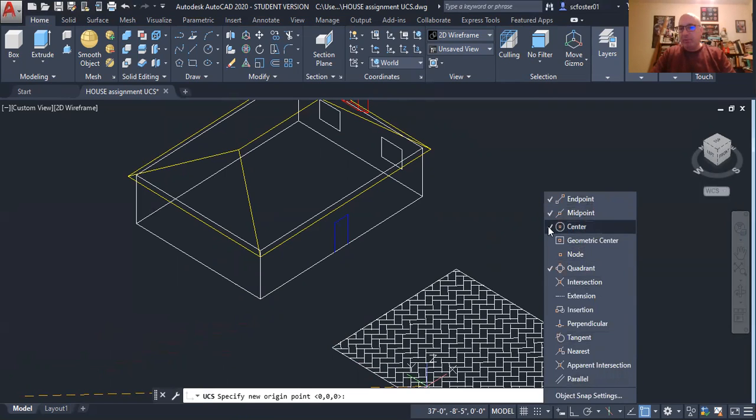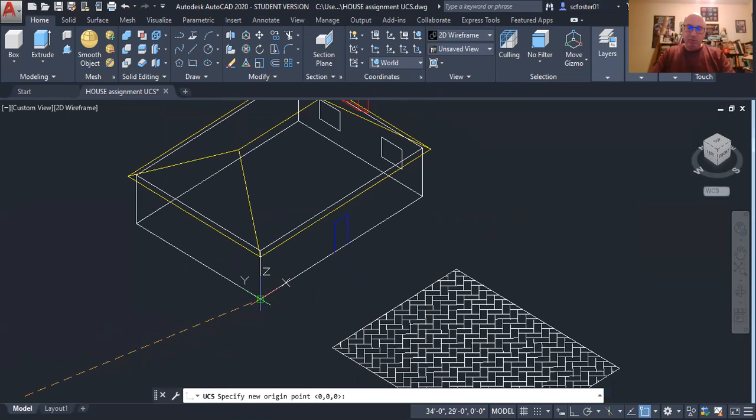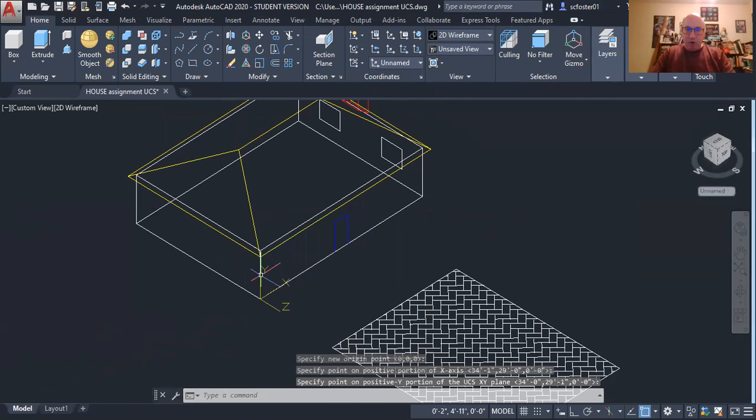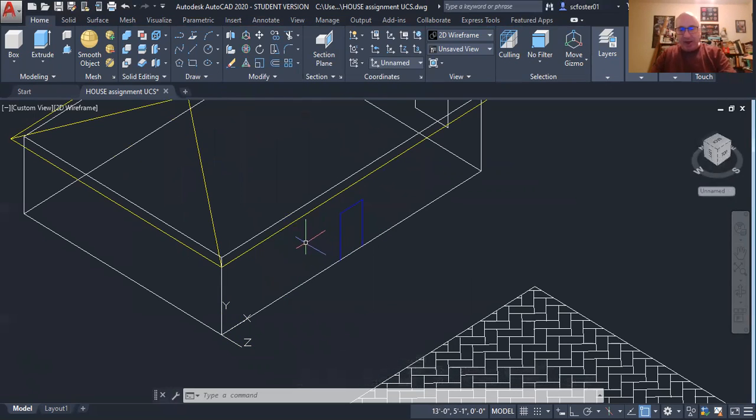One endpoint, maybe midpoint, don't need center and don't need quadrant. Okay, so I'm going to go there. I'm going to say something along positive X and something along positive Y. So now my XY is flat with this face. And if I hatch,